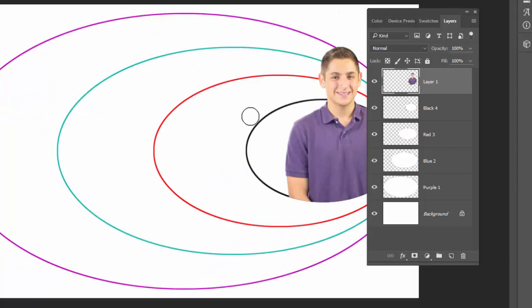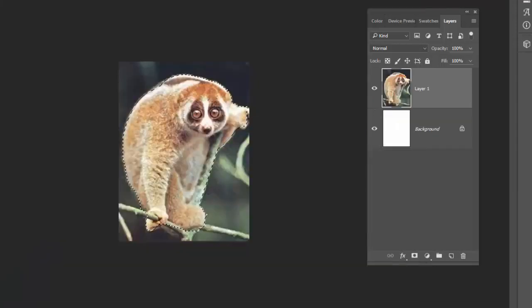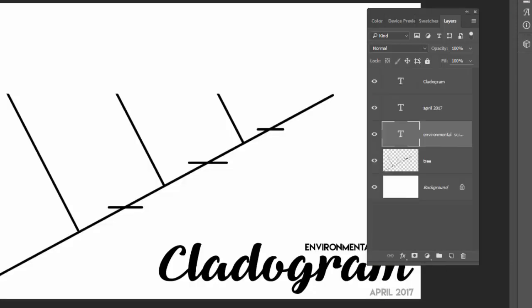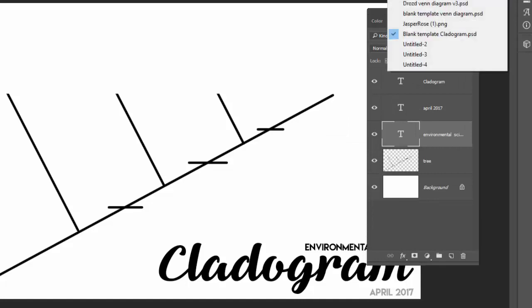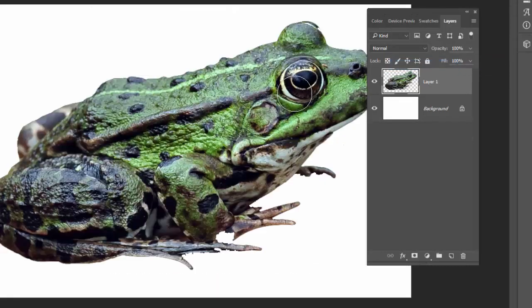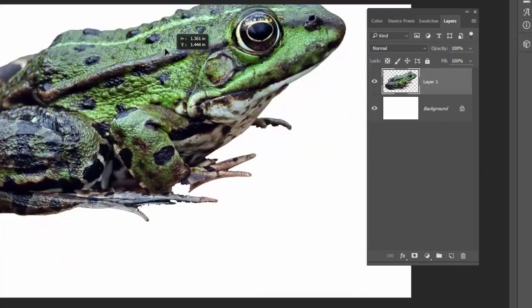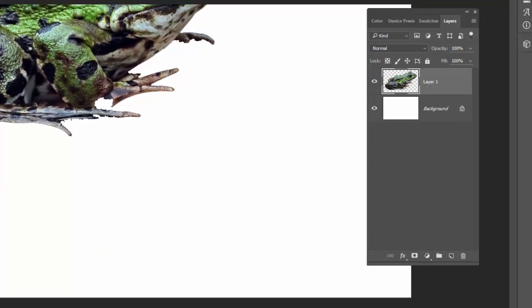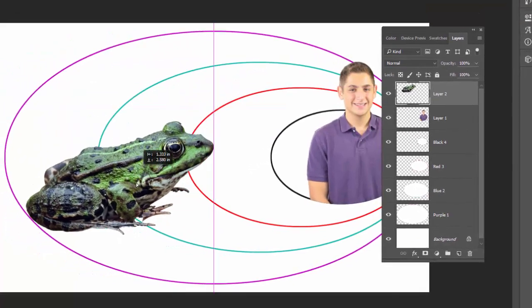I'm going to find a new species. I think we got a couple here. We got this prosimian that looks great. Here we've got the cladogram. What else do we have? All right, so here we've got this bird, and we've got this amphibian. So I'm going to use the move tool. I'm going to simply click this amphibian. I'm going to drag it to the blank template Venn diagram, and I know that this is on the outside